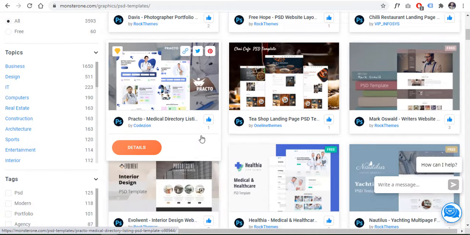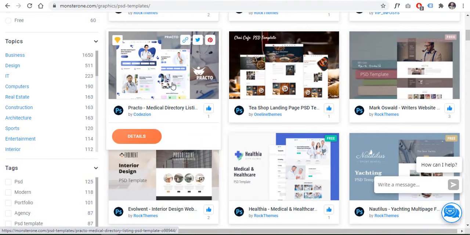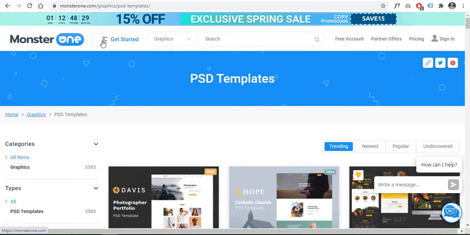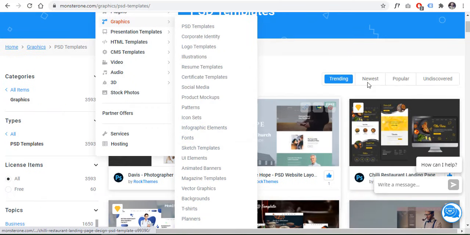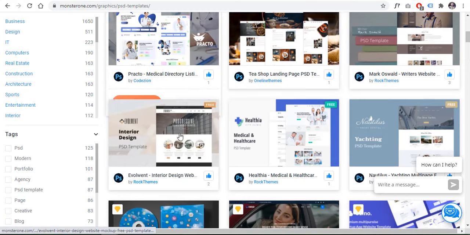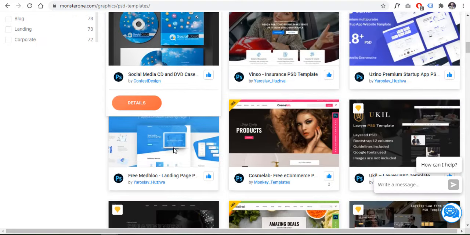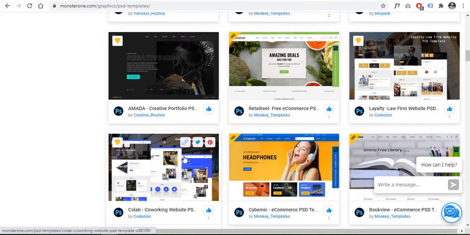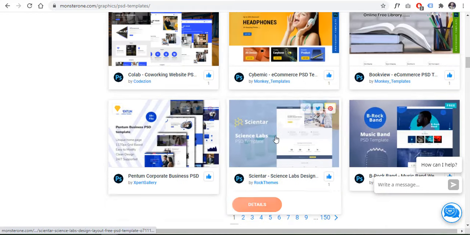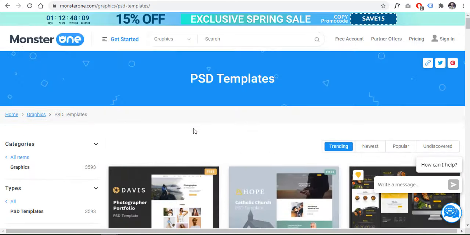Or even if you are a developer and you have no idea which template to go for on a specific website project, you can simply browse here in the graphics and the categories, and choose some of the mockups that suit you, show them to your client, and they will pick one, and then you can simply develop it. So these plans offer you great value, and will save a lot of your money as well as time, and you will be able to earn more in less time. Overall, I really recommend you join the MonsterONE marketplace all-in-one plan.